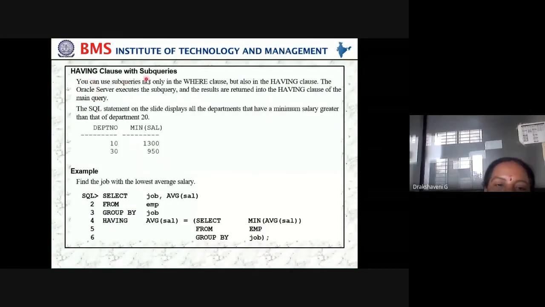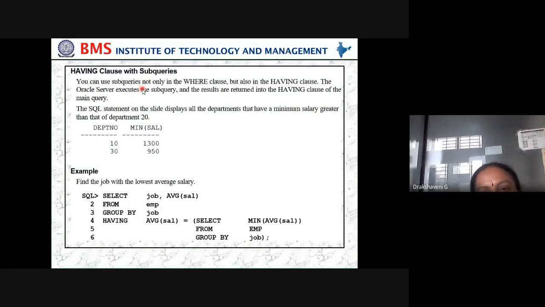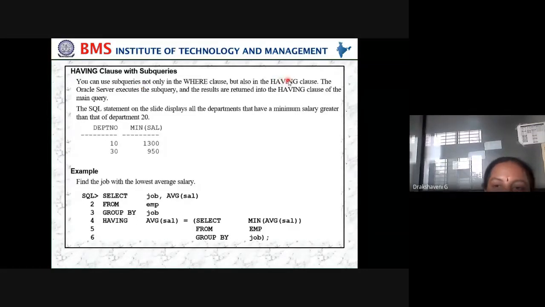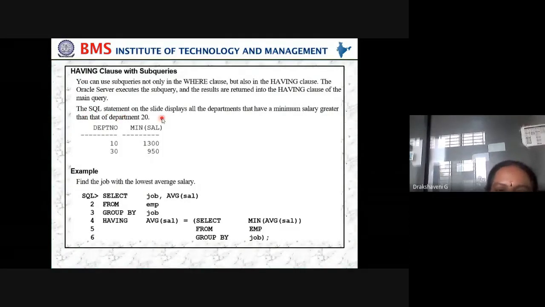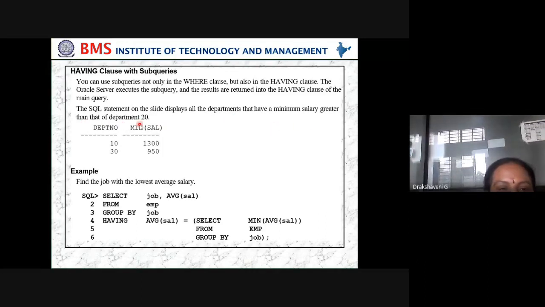Having clause with subqueries. You can use subqueries not only in the where clause, but also in a having clause. The Oracle server executes the subquery and the results are returned into the having clause of the main query. The SQL statement on the slide displays all the departments that have a minimum salary greater than that of department 20.